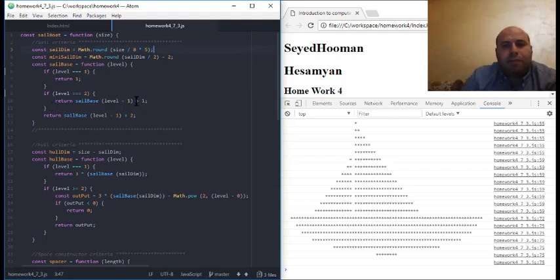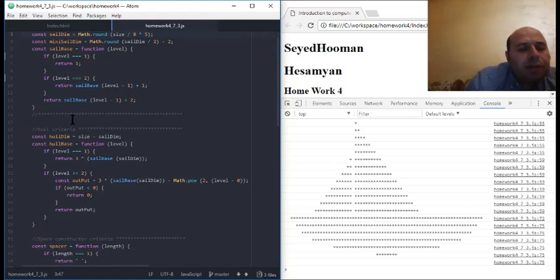And I have two if functions because at level 2 I increased 1 star, and at level 3 and more than 3 the increase of the stars is 2, as you can see. So